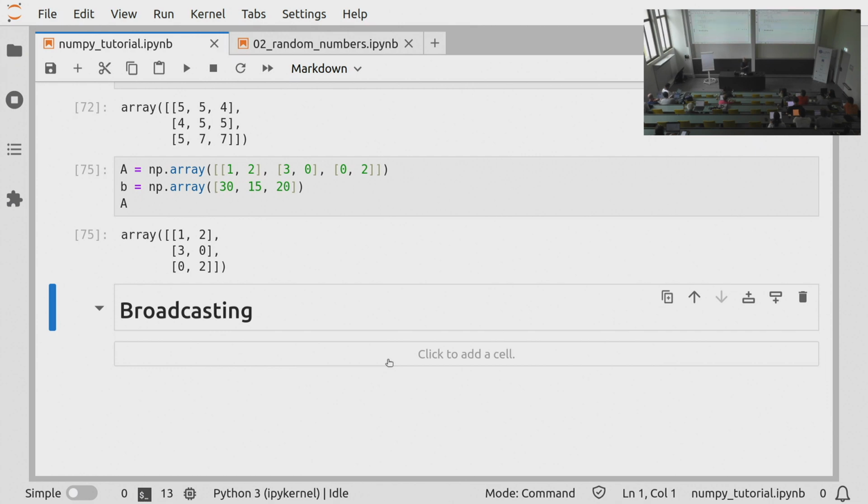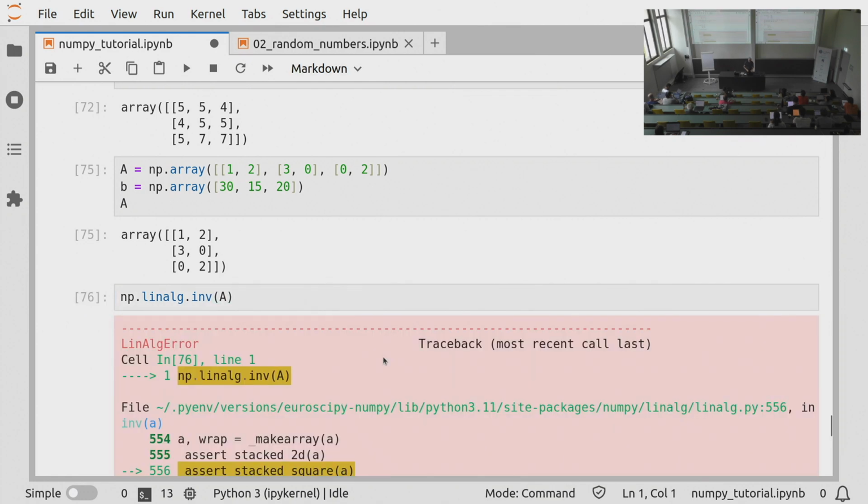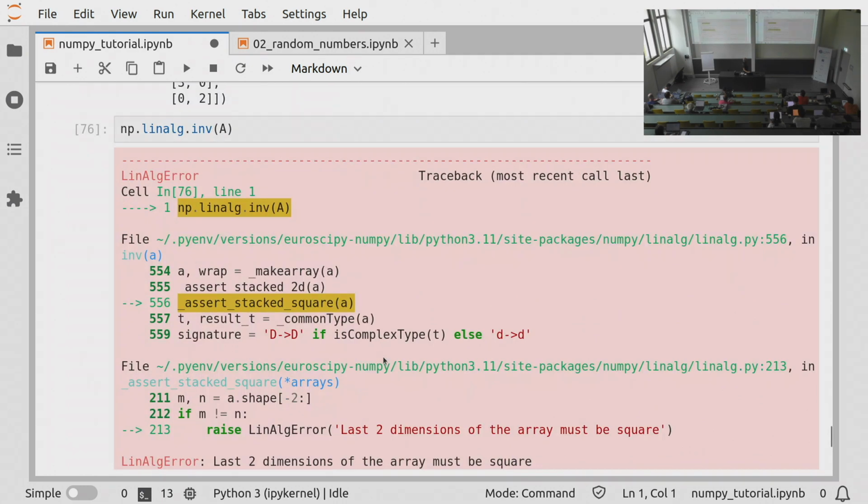One of the basic ways to do this is just to do what's called the least square solution, which kind of gives us the least error of this. So this we can do very manually by finding the inverse of A. This will now show me an error, mainly because the mathematical inverse of a matrix is just defined for